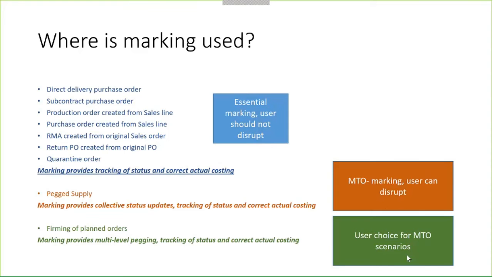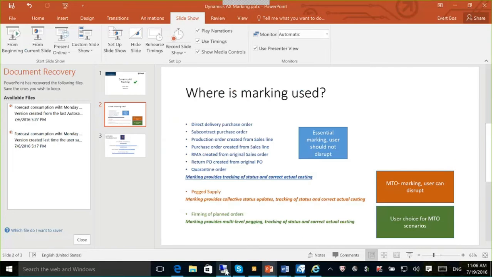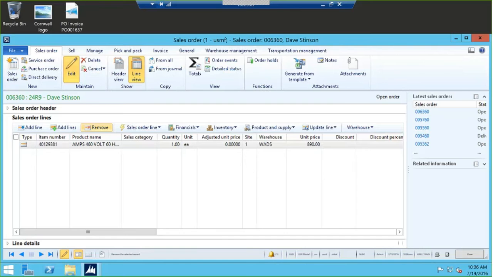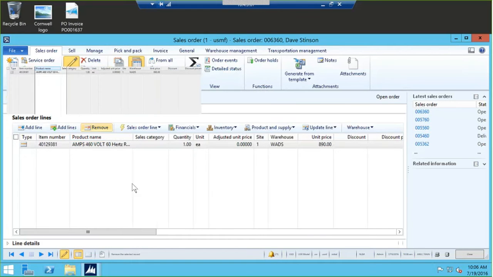Enough PowerPoint. Hit escape, go to AX. Okay, there we go. I'm already in the sales order. I'll just make sure I'm not going too fast. Say nothing for a few seconds to make sure the sharing is catching up, and you should see a sales order now with 1 line. Some type of electrical motor, and this part number,